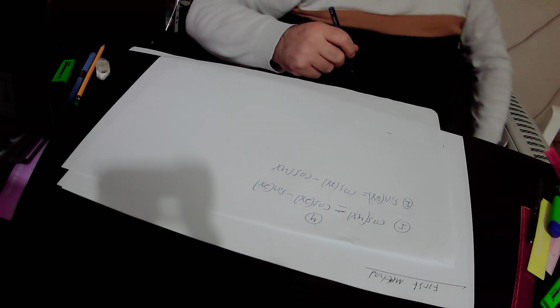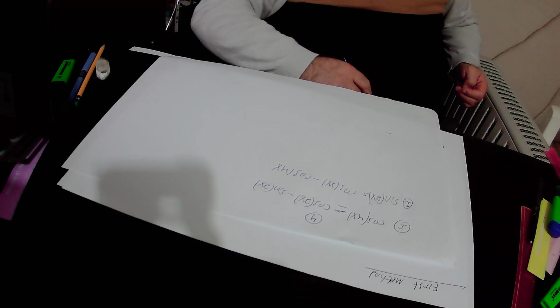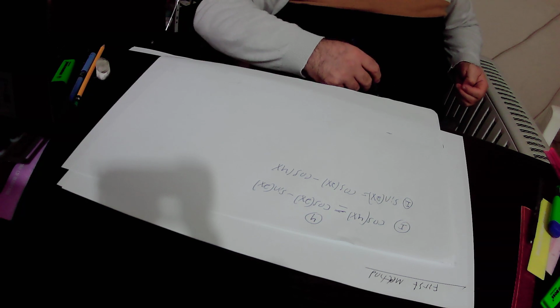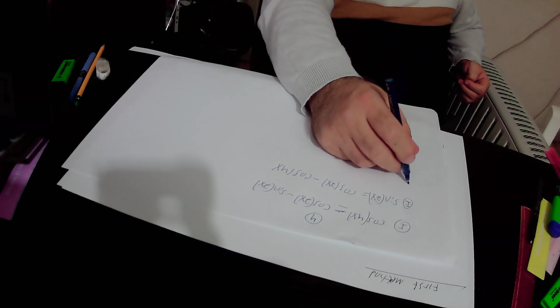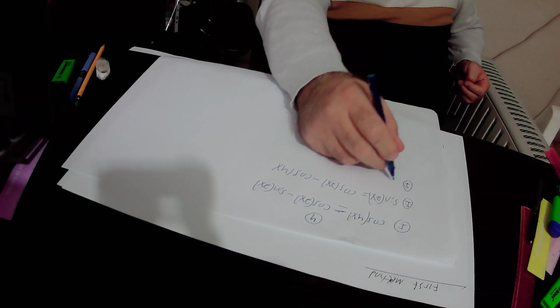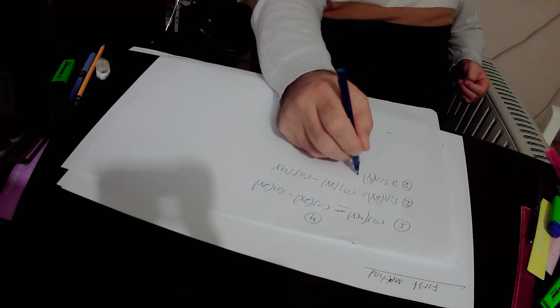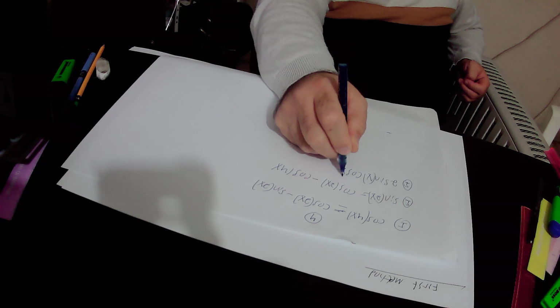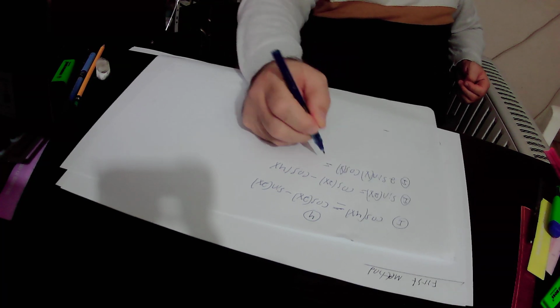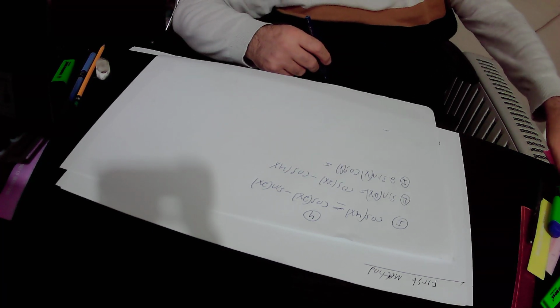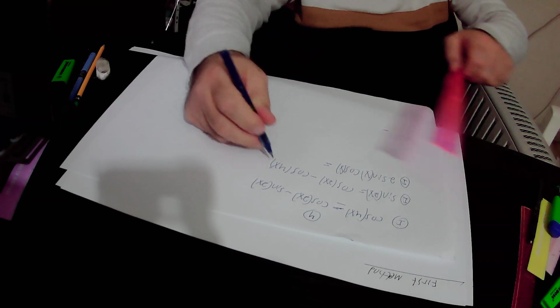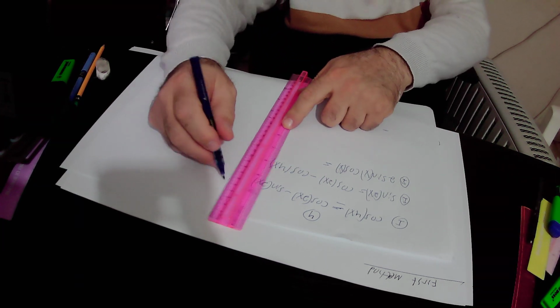We know that sine 2x equals 2 sine x cosine x, so I write it down. And cosine 2x minus cosine 4x, we will